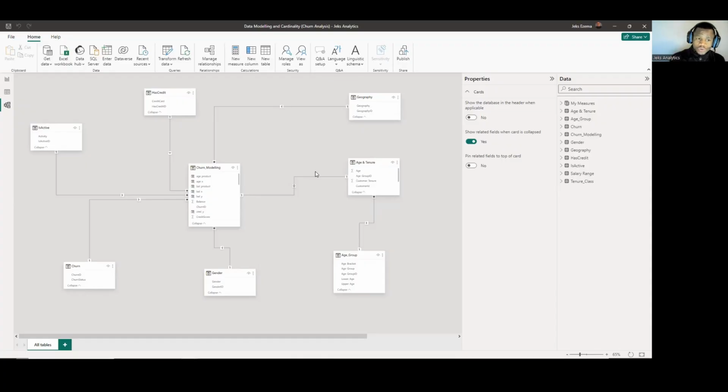So what I'm going to do is go to the table view to show us the nature of each of the tables and what they are and how they are, so that it can help us to understand what we are about to say in terms of cardinality and data modeling and how you connect your data models. So if you look at the table,